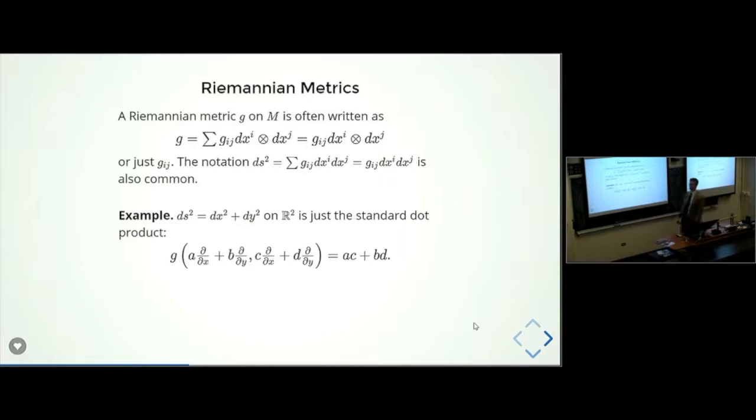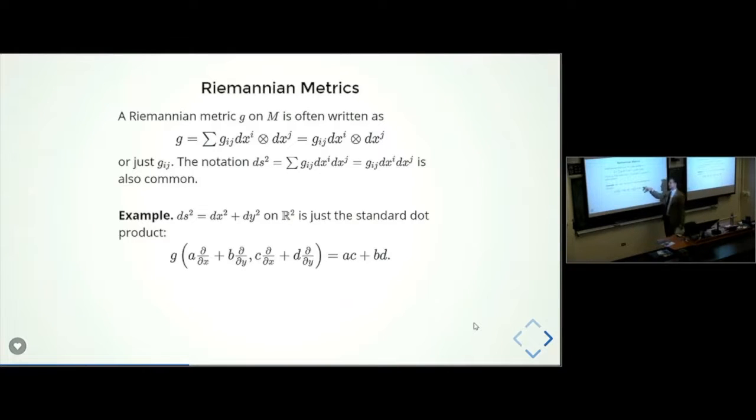Yeah, it's not to say nobody ever does it, but it's a bad idea to do it in this context. But okay, so for example, ds squared is dx squared plus dy squared on R2 is just the standard